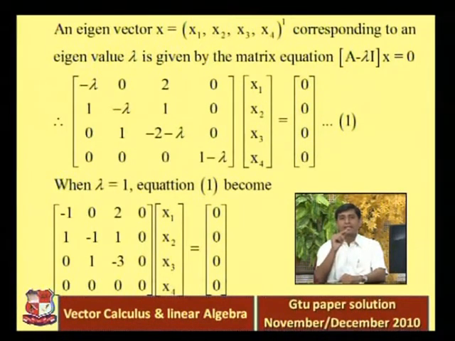The first leading entry is minus 1, and then we multiply the first row with 1 and add it into the second row, because the first leading entry in the first row is minus 1. Below that leading entry you have only one non-zero element, that is 1, right? So just make that non-zero element become 0.